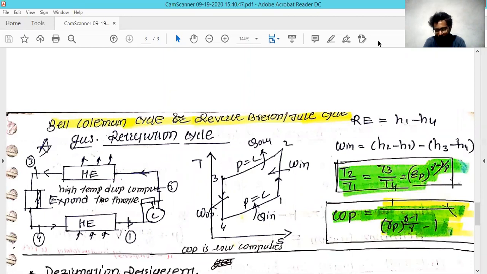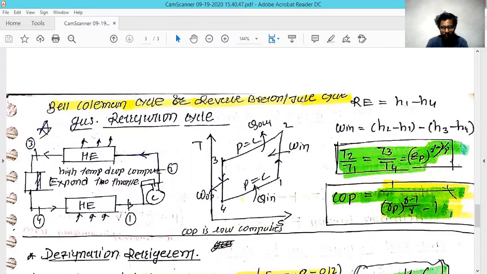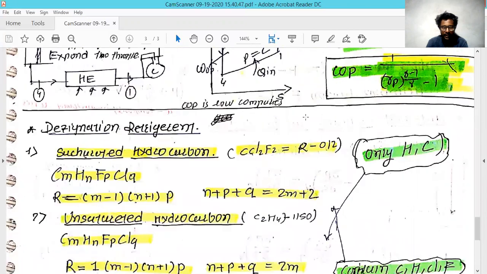You should keep this in mind. It is just for remembering this. You have to remember the Brayton cycle efficiency formula. There it was eta equal to 1 minus 1 divided by Rp raised to (gamma minus 1) divided by gamma. Rp is nothing but your pressure ratio, and in this condition, the only thing that has changed is that you have reversed this condition, because the pressure ratio in this condition is going to be changed. And this is how you can find out the coefficient of performance of this cycle.